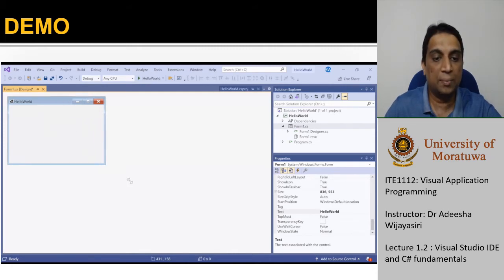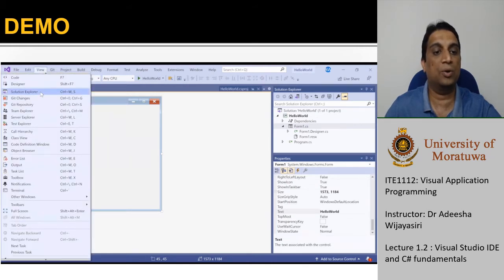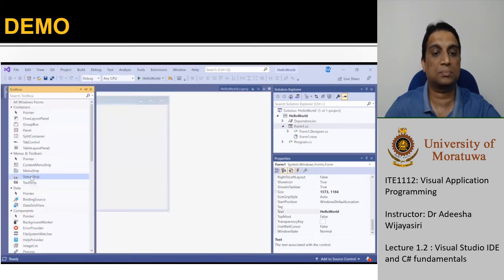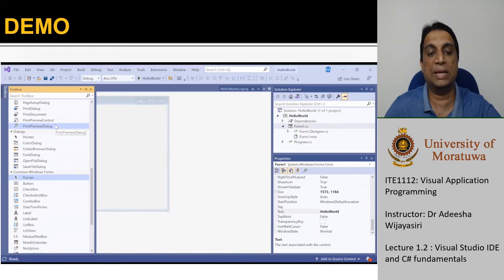So actually you can drag in the corner to resize your form as you want. To insert tools, you have to get the toolbox. To do that, you click on View and click on the Toolbox.